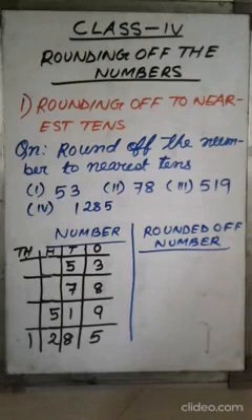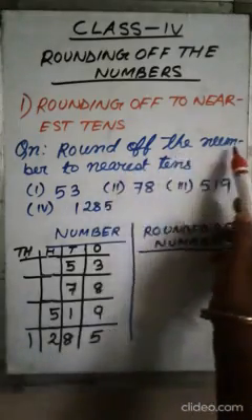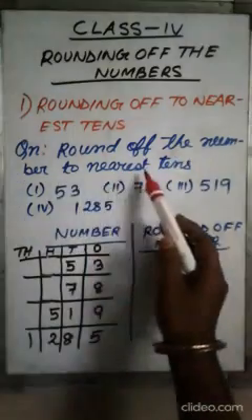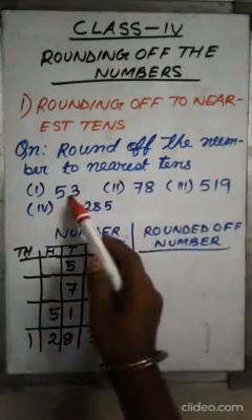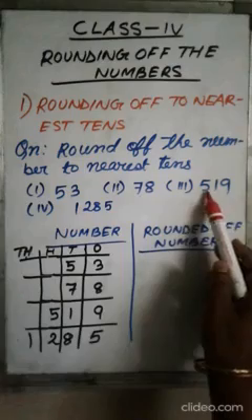Dear students, today's topic is rounding of the numbers. Rounding off to the nearest tens. I have taken 4 numbers. Question: round off the numbers to the nearest tens. 53, 78, 519,